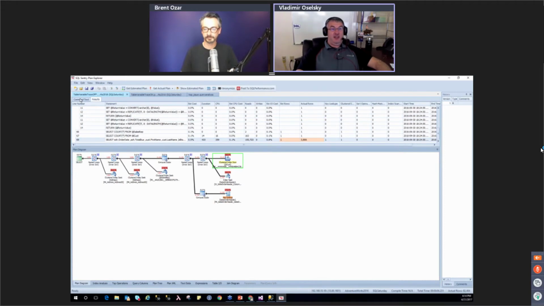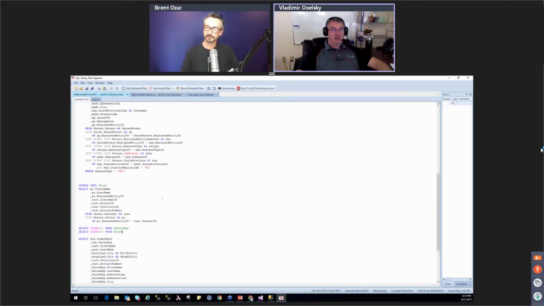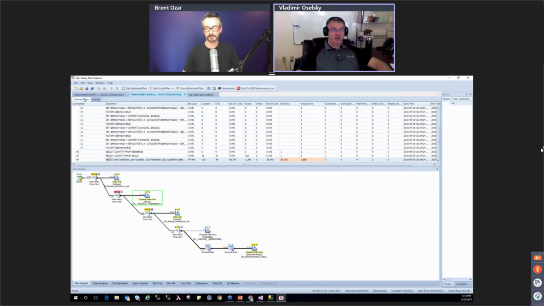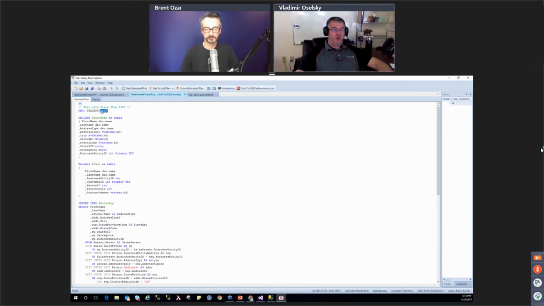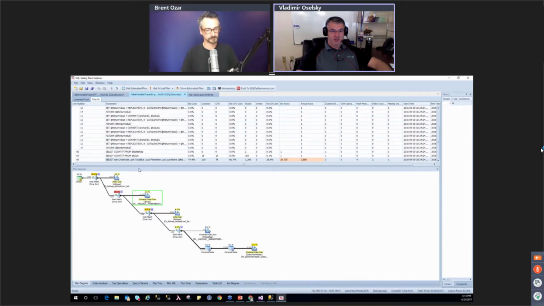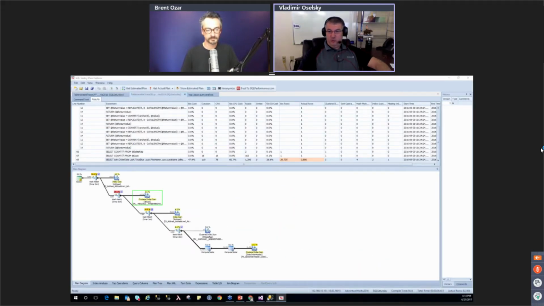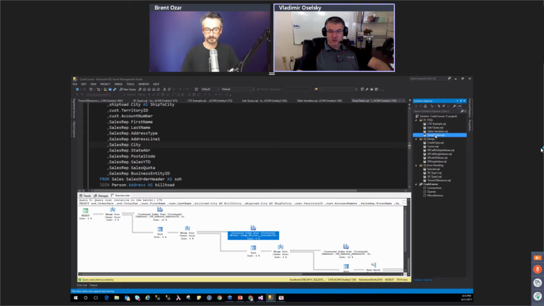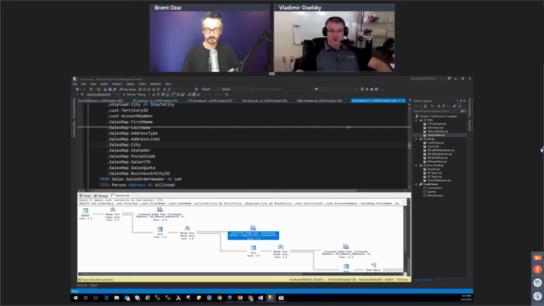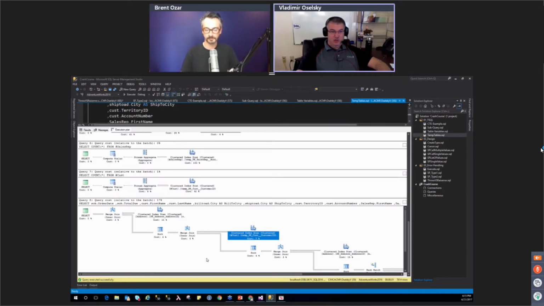And I don't remember exactly who was talking about it, but there's a trace flag 2453, and it produces something interesting. So exactly same query running with the different trace flag, we have a different execution plan, which if we go back to temp table, it looks very much like the execution plan that came from a temp table.